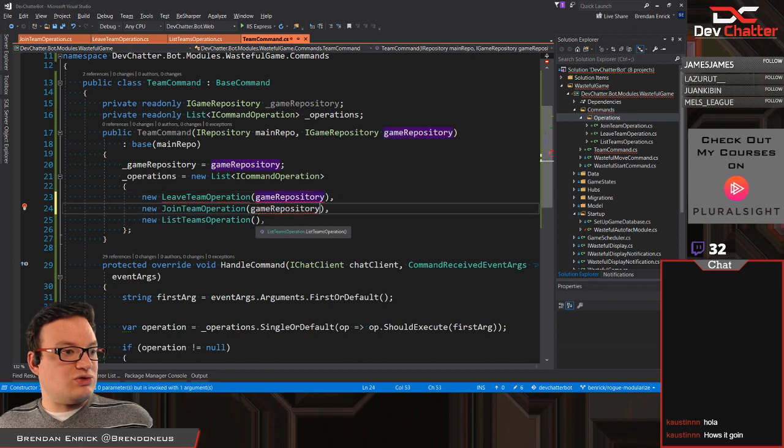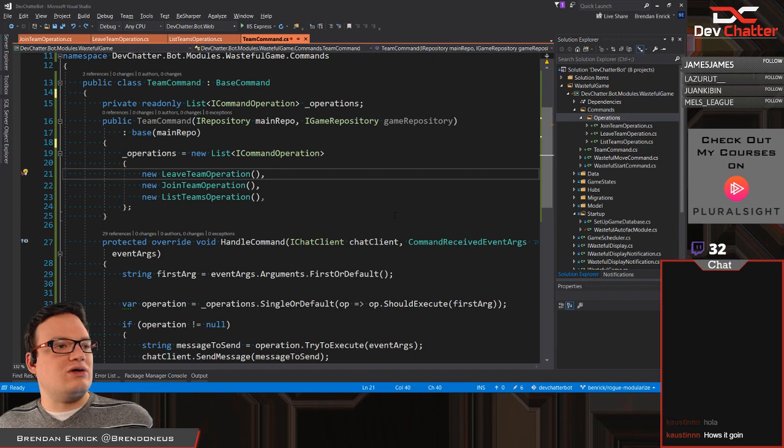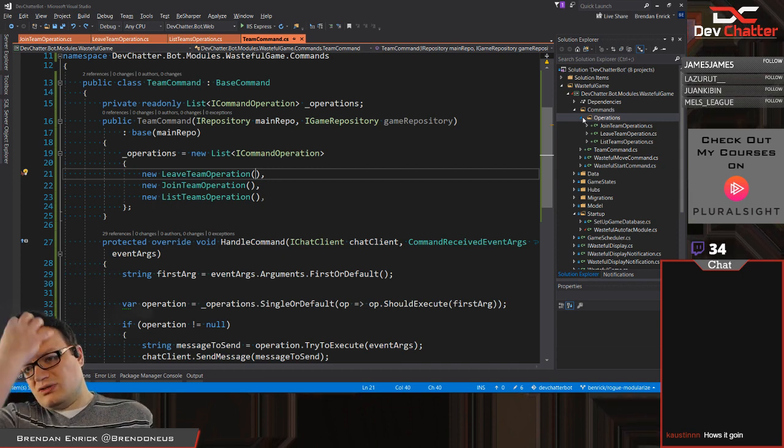Because leaving, joining, and listing it... Ooh, do I actually want them to have the repository? No, I don't. You join a team. I want to...